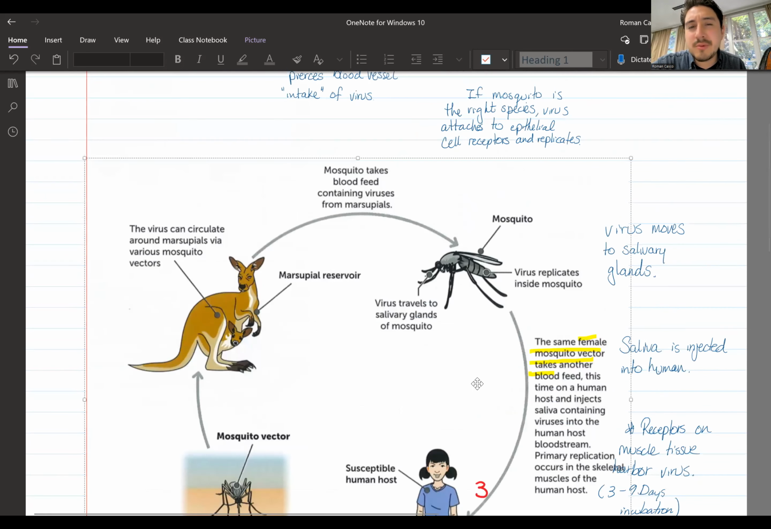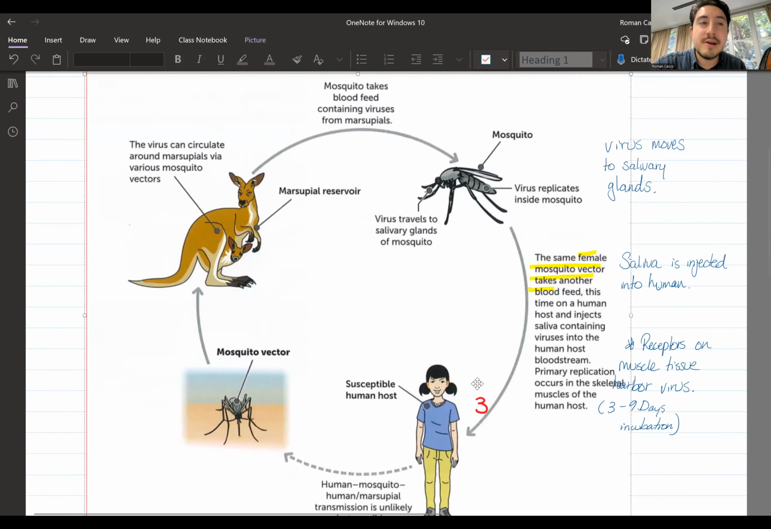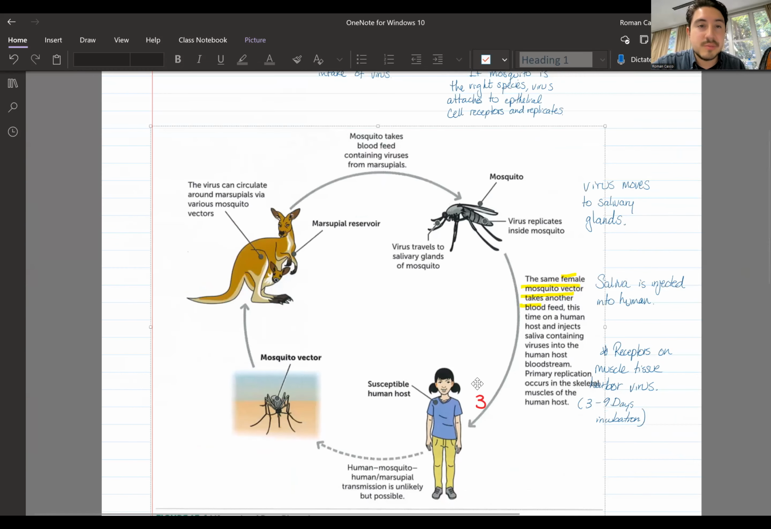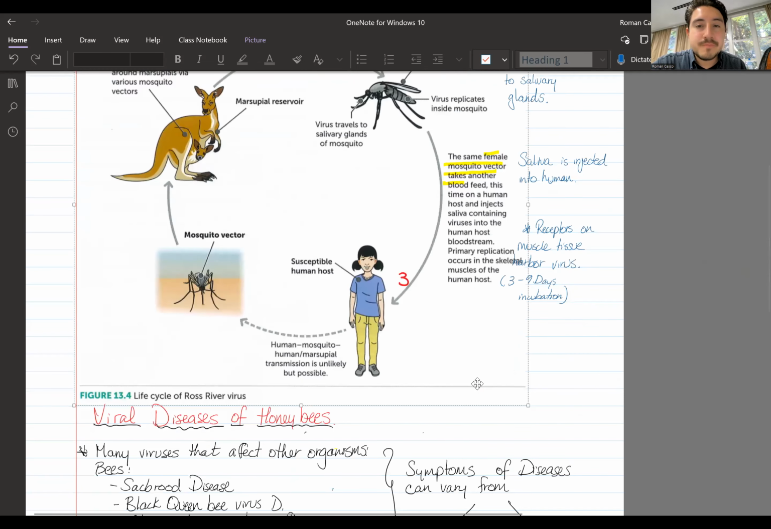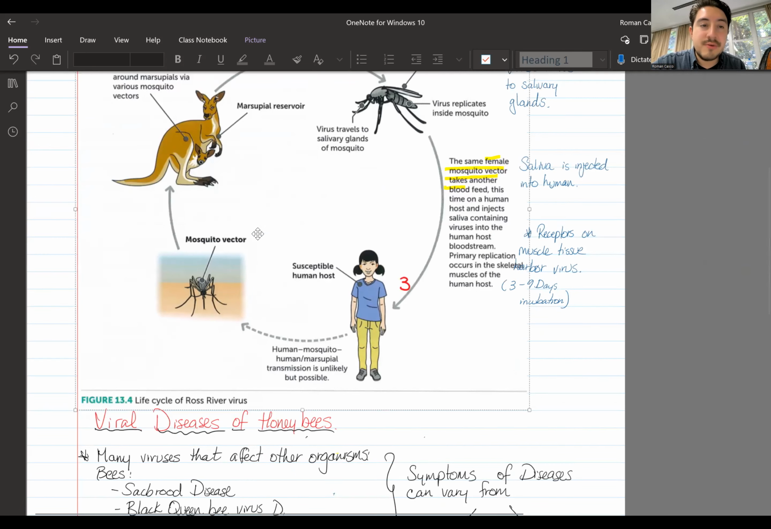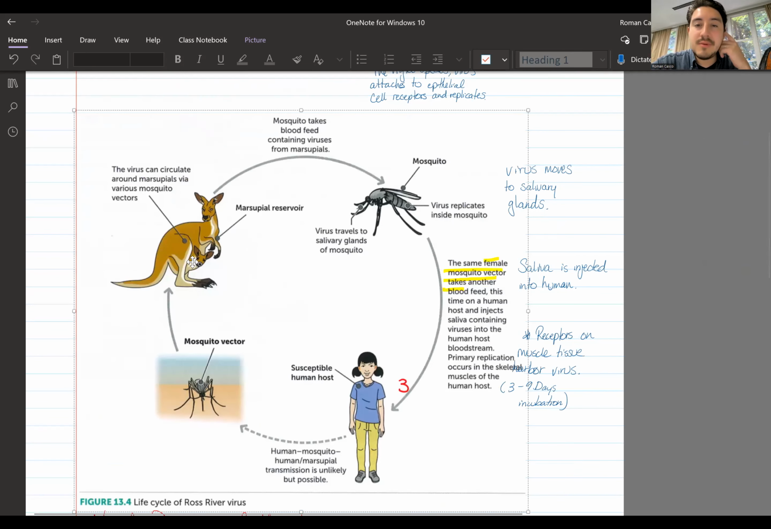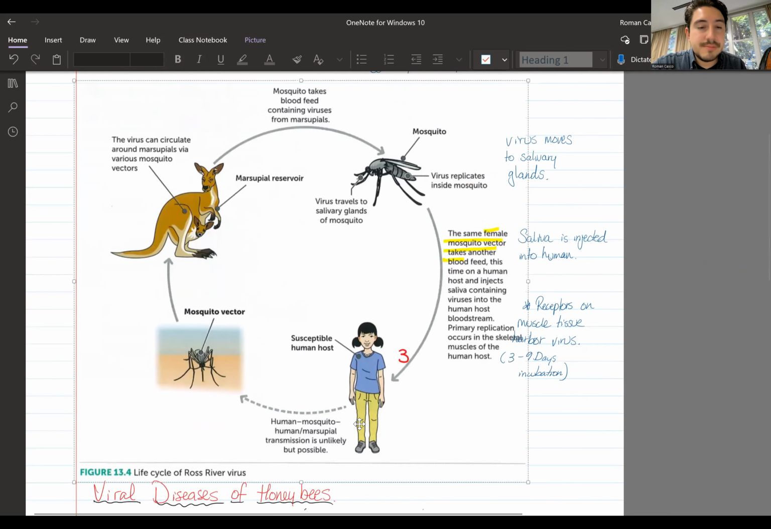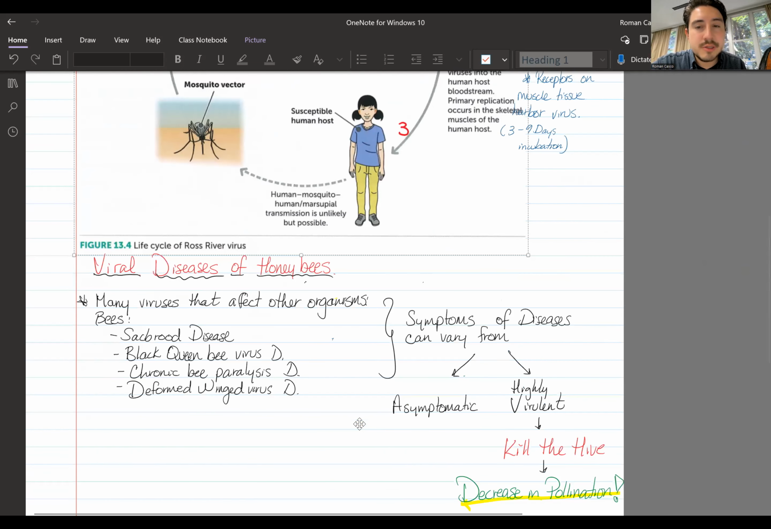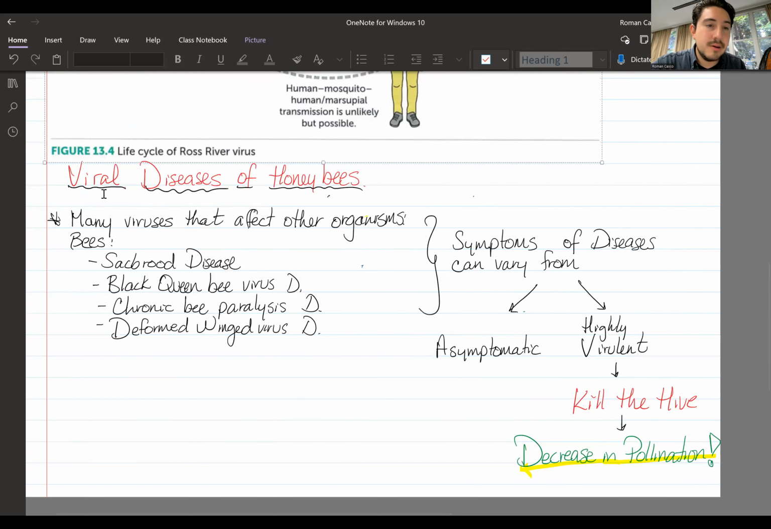So this is essentially what you need to know in terms of the Ross River virus disease and its mode of transmission, okay? Where you have your reservoir, your intermediate host, and you have your actual susceptible host. All right, and so still talking about viruses, we talked about influenza, how it affects humans, Ross River virus disease